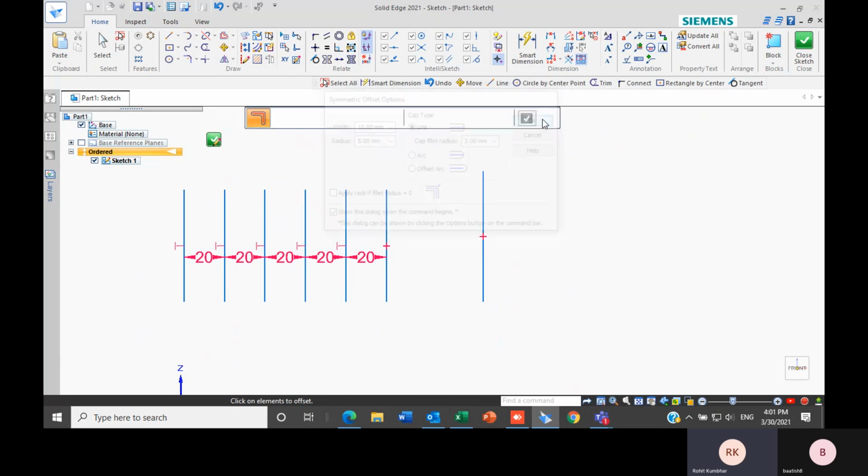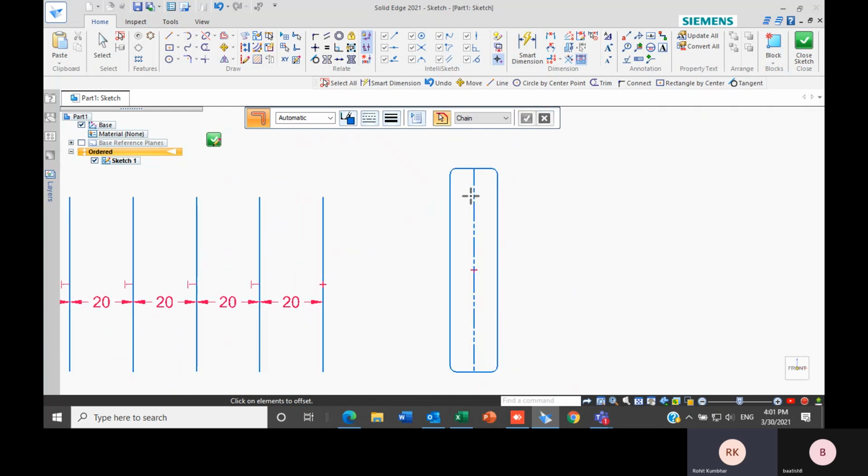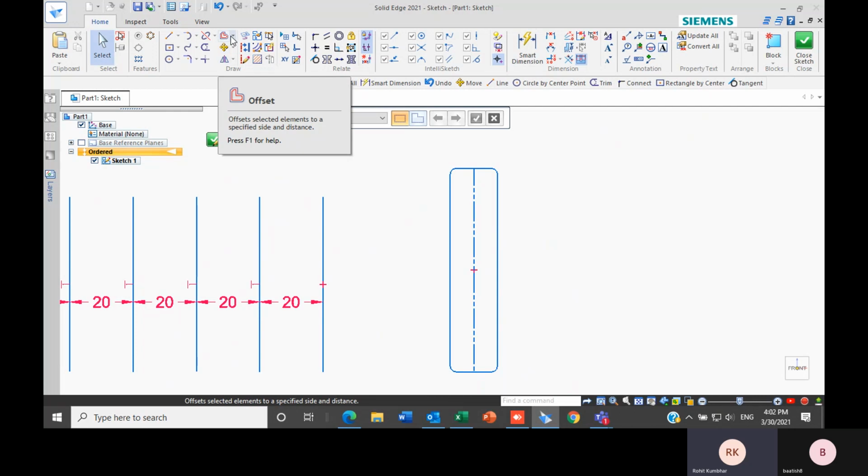Just simply click on OK, select the line, and the symmetrical offset will get created accordingly, and the line which was there as a reference got converted into a construction line. This one is about symmetrical offset.